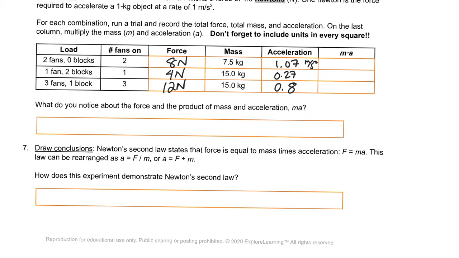So the table, number 6 for part 2, looked like this, right? You realize that if there were 2 fans, and each one gave a force of 4 newtons, it was a total of 8 newtons, right? 1 fan was 4, and of course 3 fans was 12 newtons. Then it asked you to multiply mass times acceleration, and you probably found a number close to 8, a number close to 4, and a number close to 12. So what did you notice about this column and